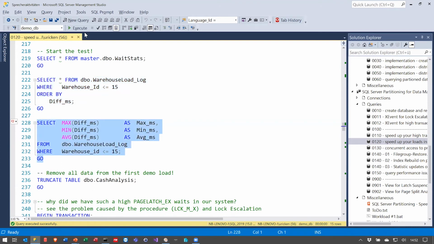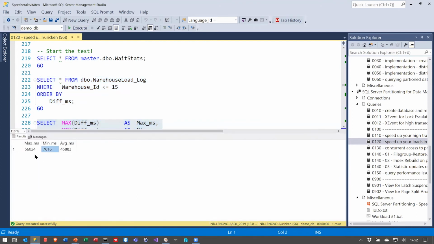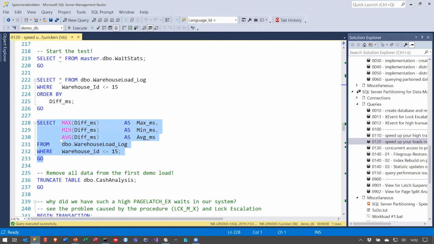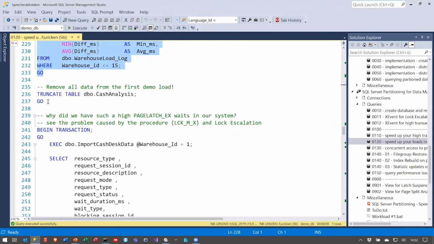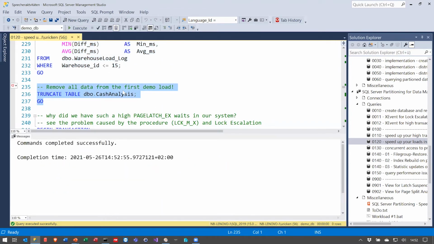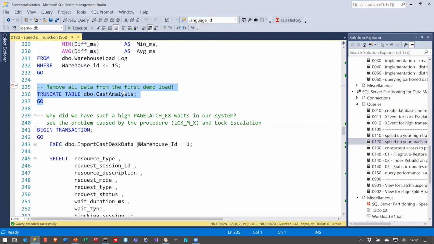The discrepancy between min and max is tremendous. So from 7 up to 56 seconds. That's the bandwidth of the load process. The key point why it happens, that I truncate the table, is, and Thorsten mentioned it when he was talking